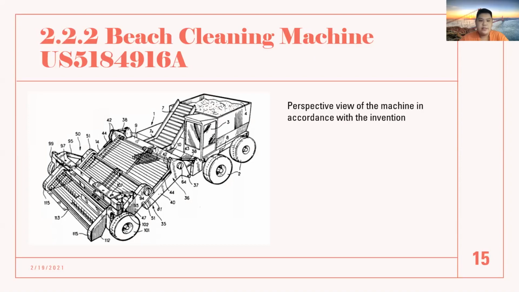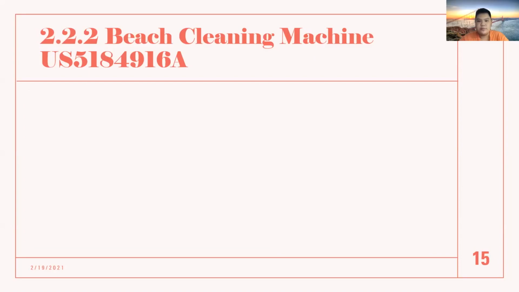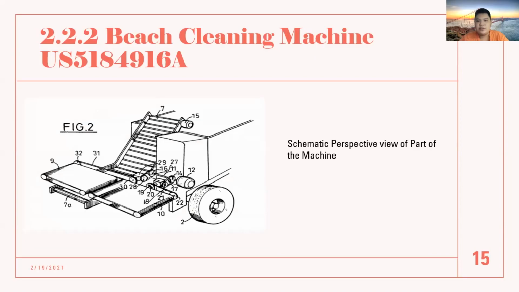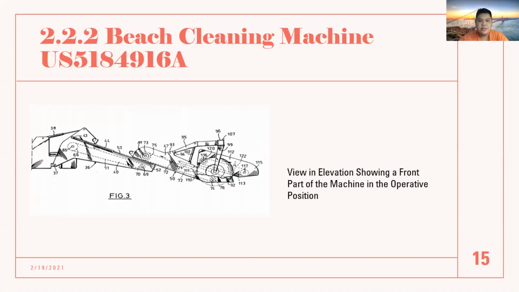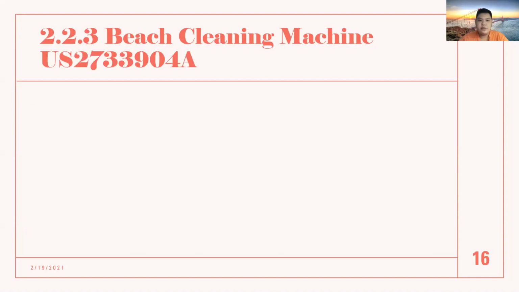5184916A, and this diagram is the perspective view of the machine in accordance with the invention. And this is the schematic perspective view of part of the machine. And this is the side view in elevation showing a front part of the machine in operative position. And next is the beach cleaning machine under patent US